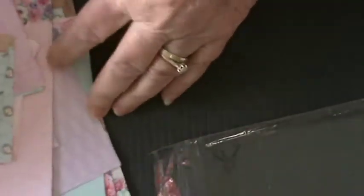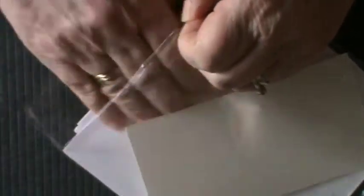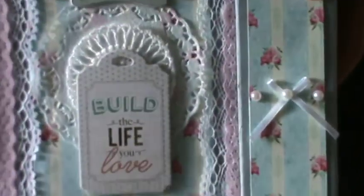But from the 24 sheets, that is what I've got left from the project that I'm about to share with you. I'd love to say it's a project that I dreamed up all on my own, but I'm not as clever as that. I like to watch lots and lots of different craft people on YouTube, and if something pops out and grabs my attention, I then go on to have a go at it, basically. And this project I'm hoping you will like very much. And here it is. It's a folio,